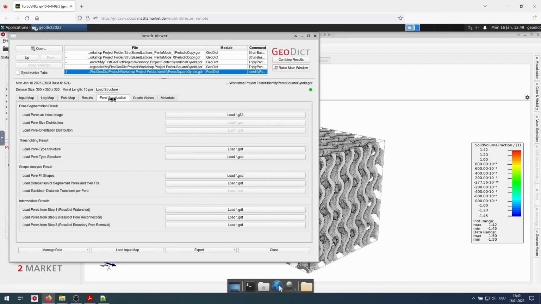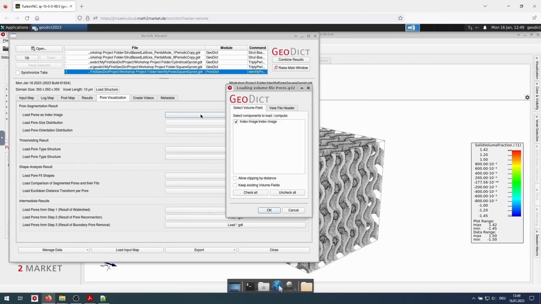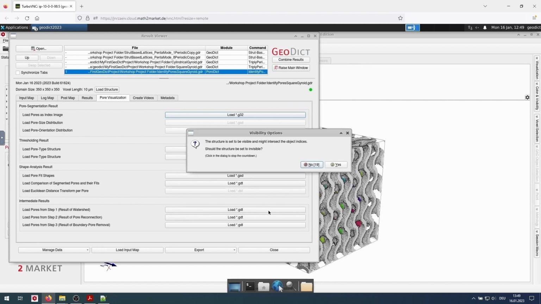Therefore, we head to the Pore Visualization tab and click Load G32. And we click OK. Now the structure should be set to invisible.